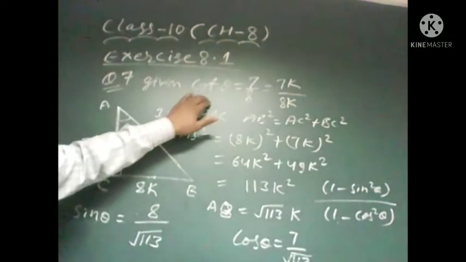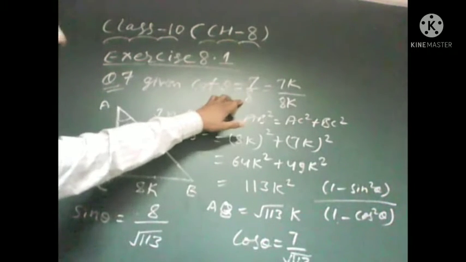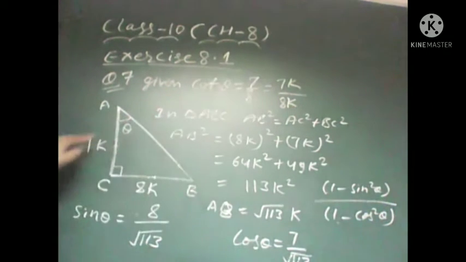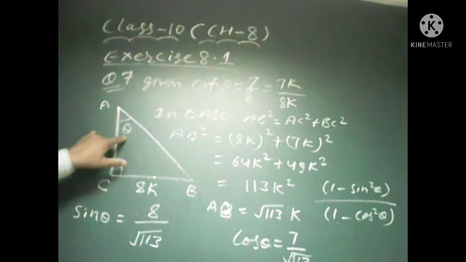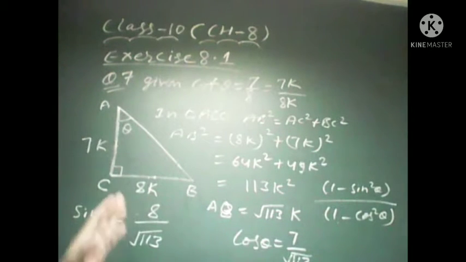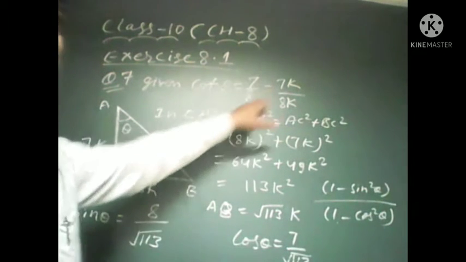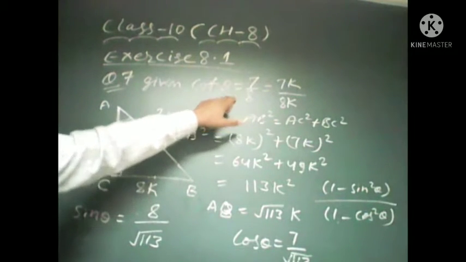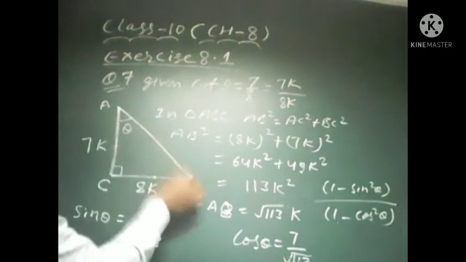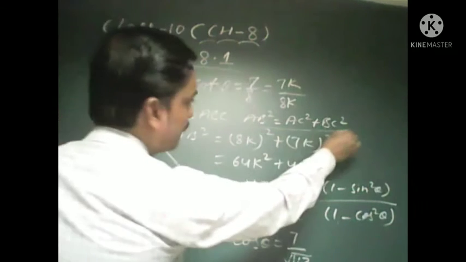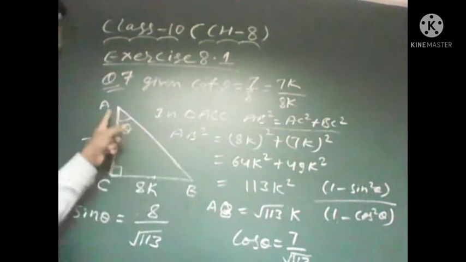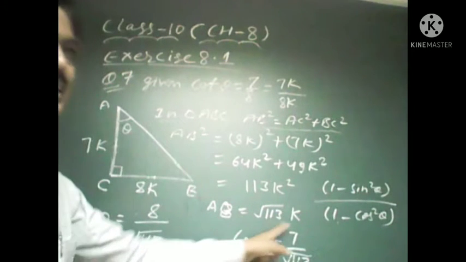So by using the given value, cot theta is equal to 7 upon 8. You know that cot theta is adjacent upon opposite. So for this, adjacent is AC, 7K, for angle theta, and opposite is 8K. Why do we use K? Now you know why we use K, because here a ratio is given. That's why we use the value of K. Right? Now, for this AB, first we need to calculate the hypotenuse. So we apply the Pythagoras theorem here and find out the value of AB. That is under root 113K.